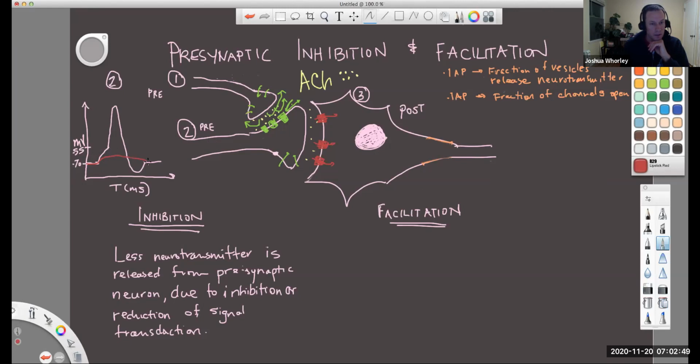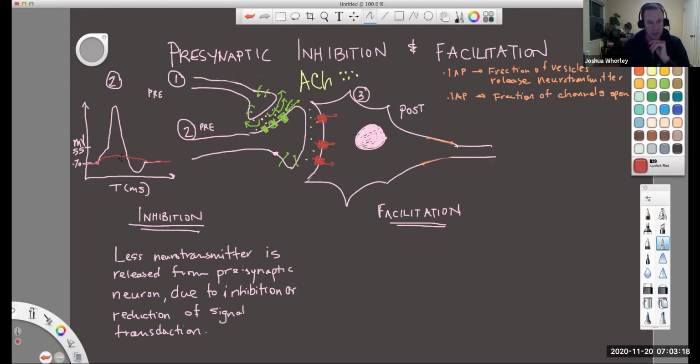So there could be a couple of things that happen. It could really reduce the amount of neurotransmitter that's released. It could even potentially, depending on where this synapse happened, even stop the eventual transduction of this signal. In our case, it simply reduces,